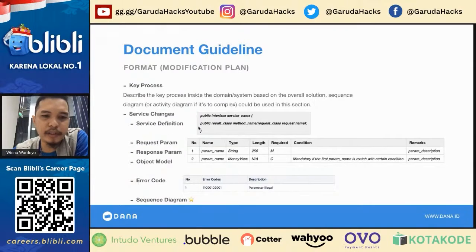The first one is the service definition. You can put it like this, because I use Java. And then we have the request parameter, response parameter, and object model. You need to put these three inside different tables. So you have a name, a parameter name, the